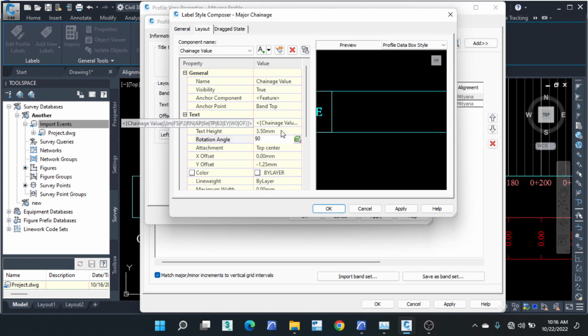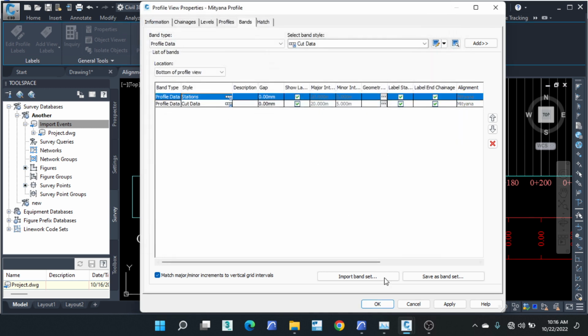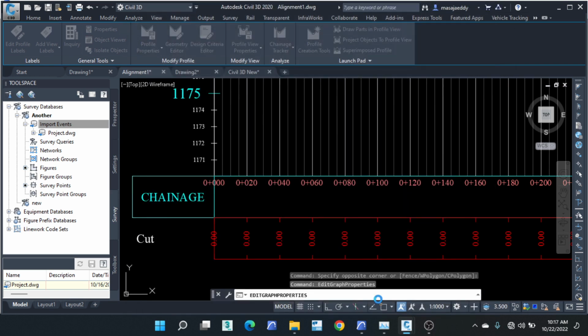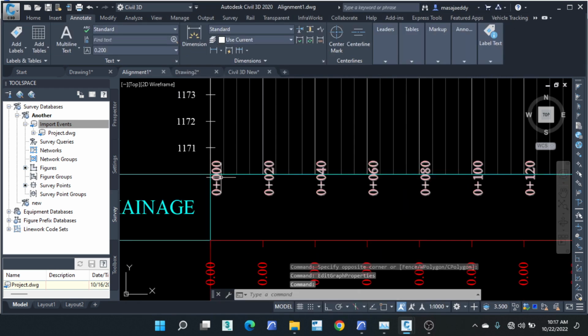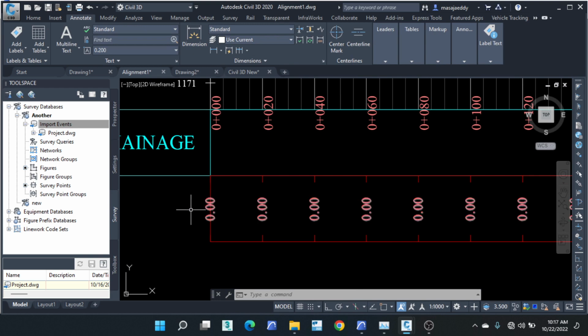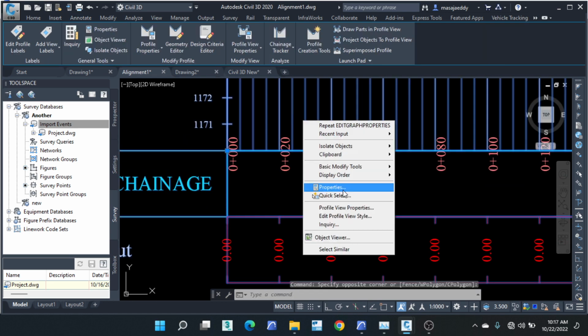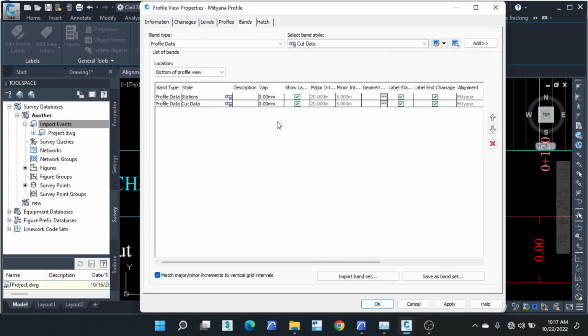Okay, then the other thing that I haven't talked about, after I'm done orienting it to 90 degrees, as you can see, this is attached to the top of the band. We have the top of the band. This is attached to the middle of the band. Then there's one that can be attached to the bottom of the band. Okay, so now we are going to make sure the attachment is at the middle of the band. So I'm going to right click, come to profile view,